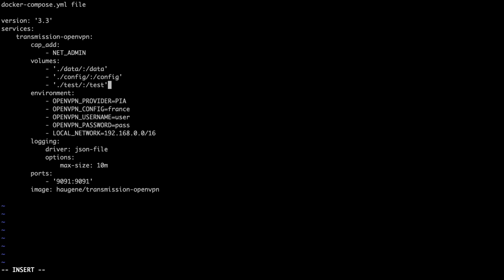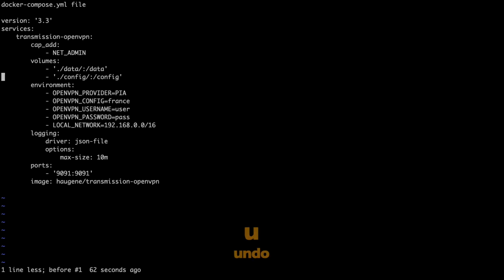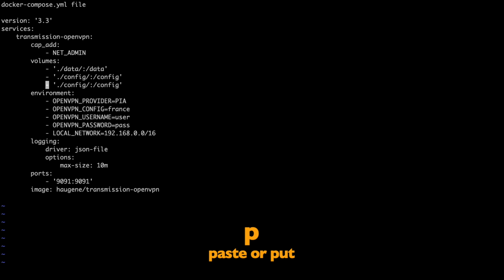There is another way to do this, which I think is a little easier, so I'll press escape to return to command mode, then I'll type U on my keyboard to undo the change that I just made. Now I'll type YY on my keyboard to copy or yank the current line, then I'll press P to paste or put the text that was copied on the line after the one I was on. Now I can edit the line that was just added using the commands I used above without needing to type